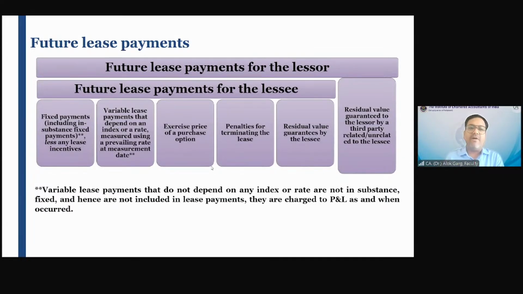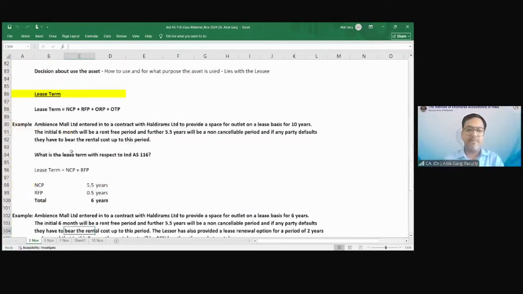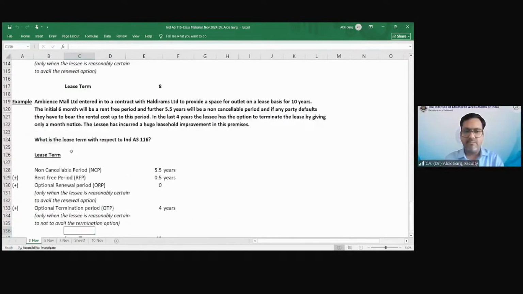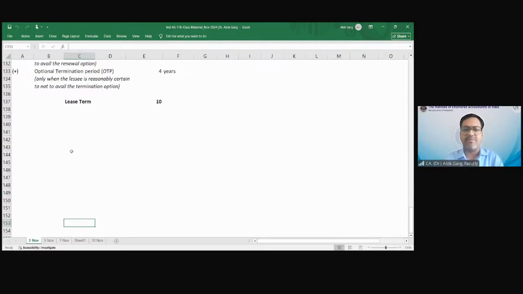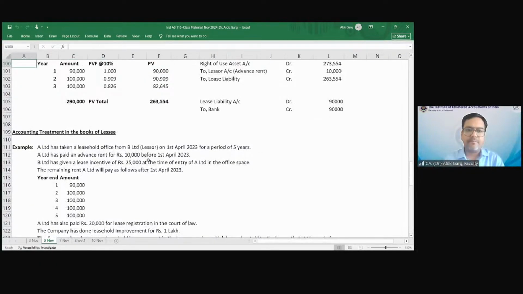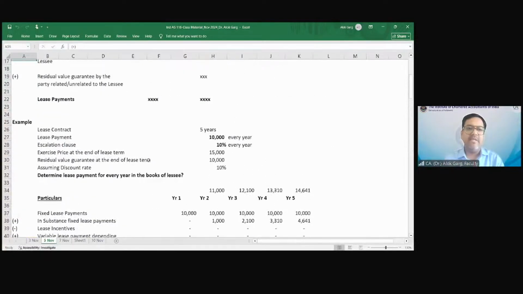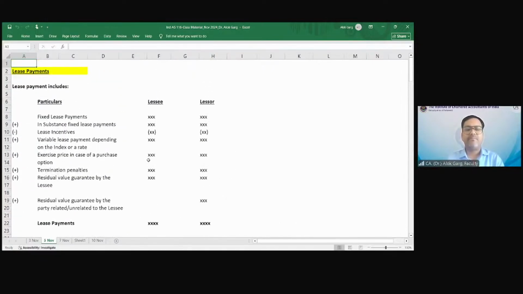Okay, please confirm if you have, please confirm if you are able to see my Excel file. Please confirm if you're able to see my Excel file. So the last one was from Yes, the sir, lesser visible. perspective. The last one is from the lessor perspective. Okay. So let me yes, lease payments. I hope you are able to see this Excel file on the lease payments. Yes, sir.